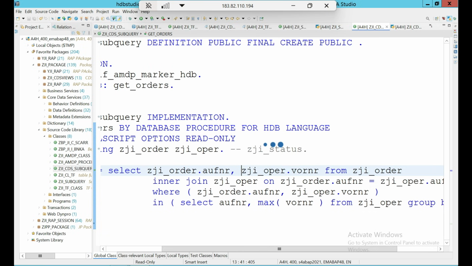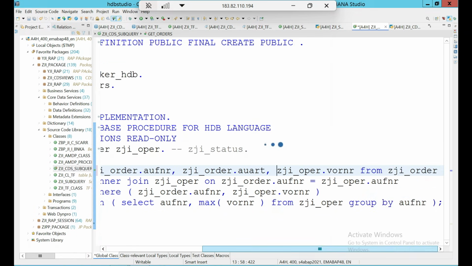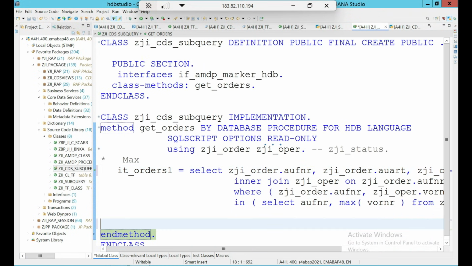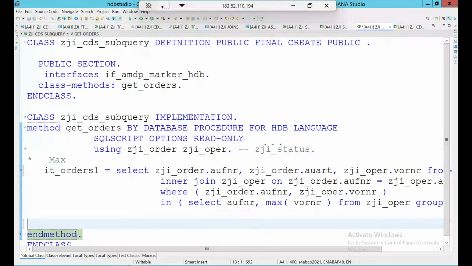Probably I can add one more field, order AUART. I can use it, but I don't want to use that as one of the group information in my subquery, because here it works only for AUFNR. So that kind of scenario also we can use this subquery. So this is max, and going forward, I'm going to just copy paste and explain the code. It's pretty simple to understand. And now if you want to use minimum,